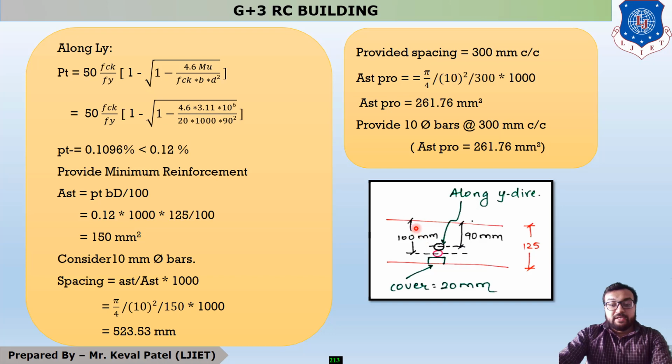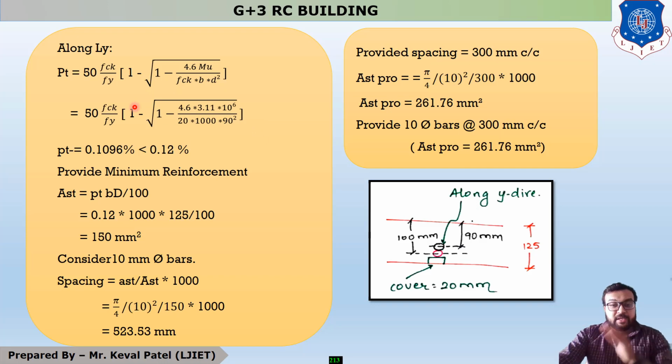because our D which is calculated in step number 1 is this 100, but your x direction reinforcement is this and your y direction reinforcement is like this. Now what is this distance? This distance is 90, because this distance is 100, then this distance is 90. Okay, so students, after putting all this value, we will get our answer of pt is equal to